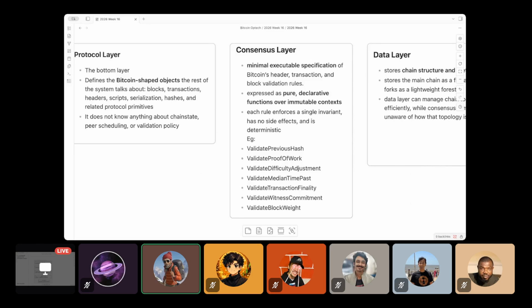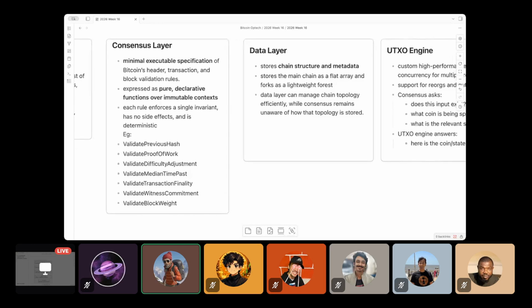It will also have functions to validate the proof of work, difficulty adjustment, witness, block weight, etc. This is an example of what consensus rules are, and these functions will be well defined within this layer. So that is the consensus layer.